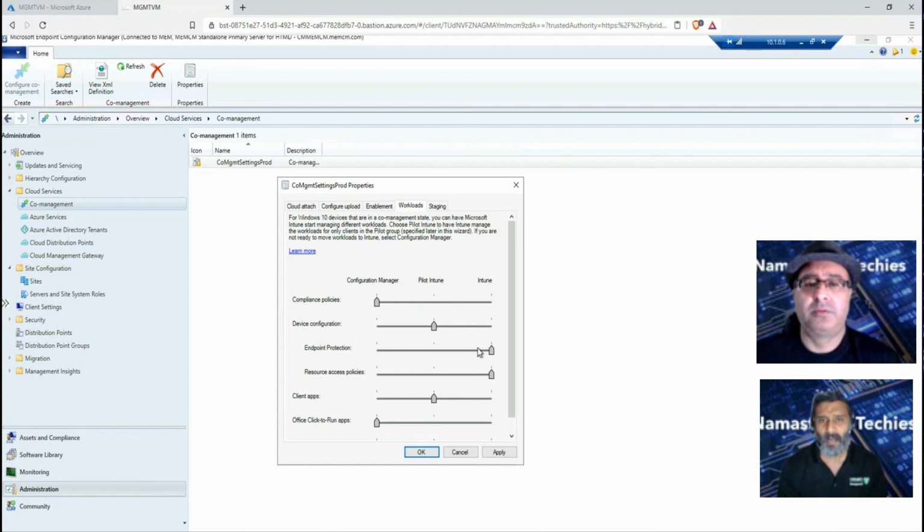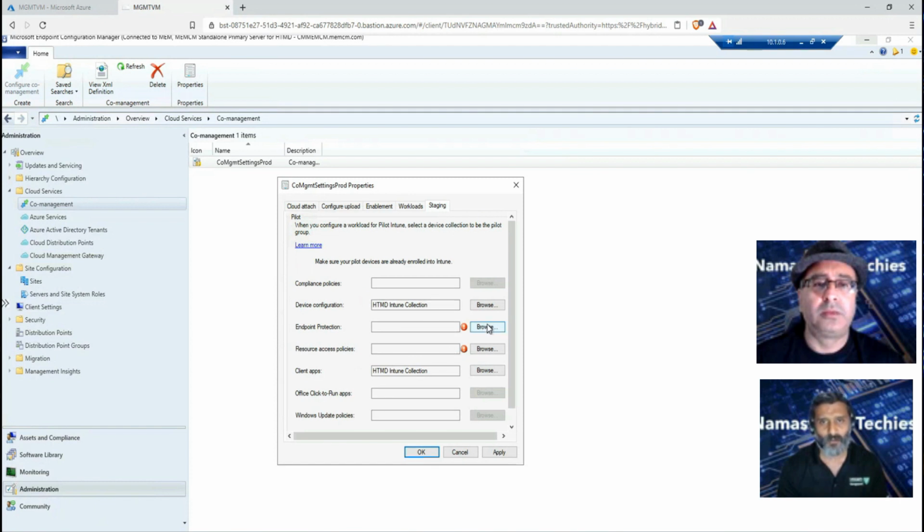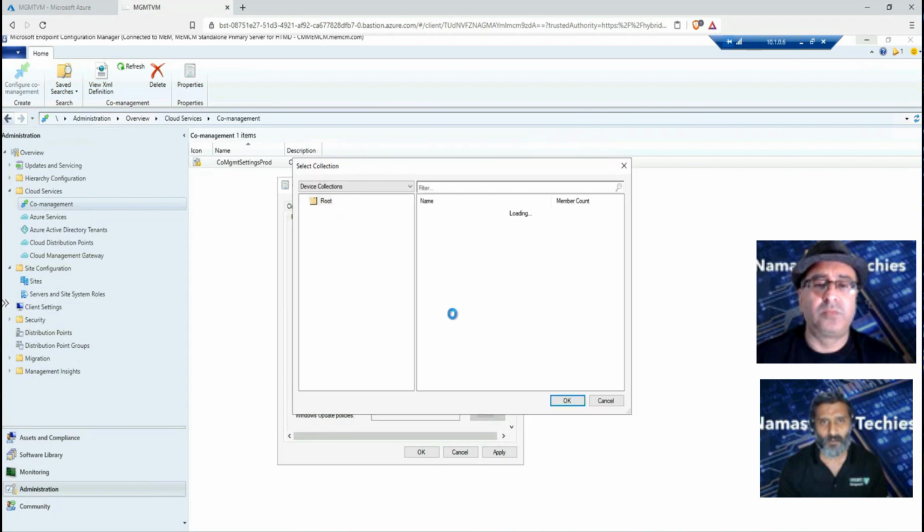Intune as a management authority, right? Okay, so over here I'm going to move back these two workloads into the pilot Intune, and you can see over here in staging it changed now, right? You need to browse and select one of the collections you want. So I'm going to select this one, and I'm going to use the same collection